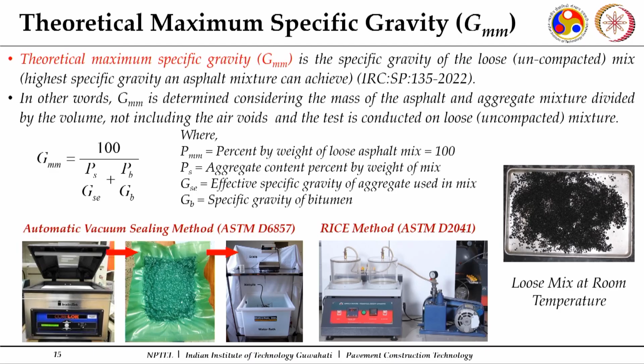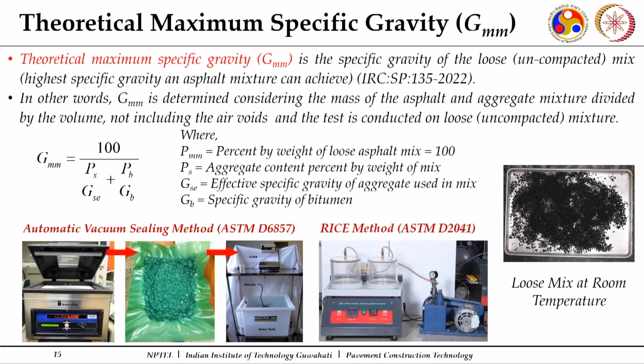In addition to this one, this is the compacted mix. I need to know a mix without any air void. So for this particular one, I want to measure the specific gravity of loose mix when there is no air void in it. So before compacting, I can do it. For this one, I'll prepare some loose specimens with the same binder content, 6% of the total mix weight,